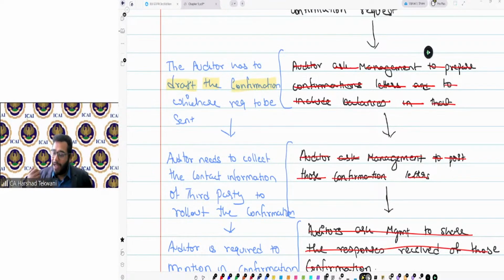Let's say, for example, I know the balance is ₹100, but still I will send a blank confirmation. I will ask, please confirm your balance and write it down. If I do not provide a balance, he will write whatever he thinks is correct, as per his knowledge, whatever balance he has in his books of account.